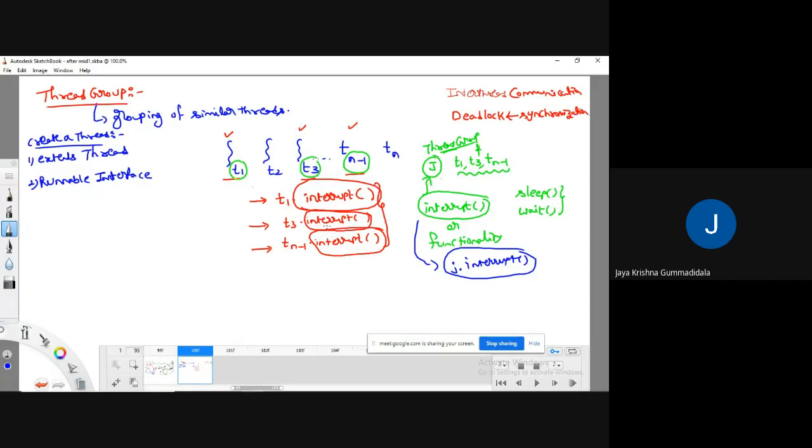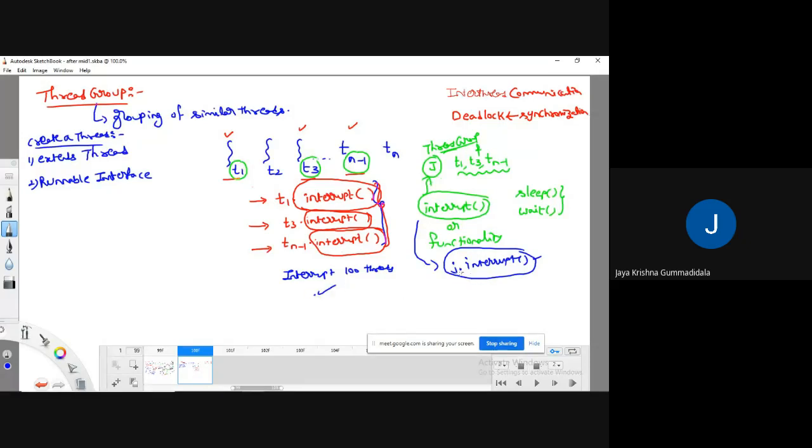If you observe the difference between the old process and the present process, here you require 3 lines of code, and here you require only 1 line of code. For example, if you want to interrupt 100 threads, you need to write 100 interrupt calls along with 100 lines of code.